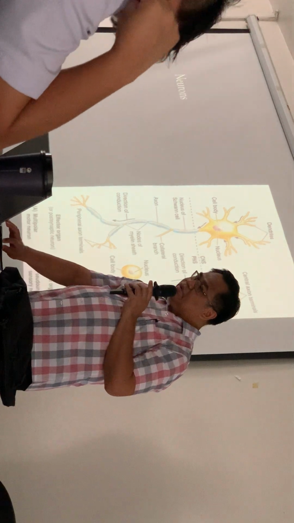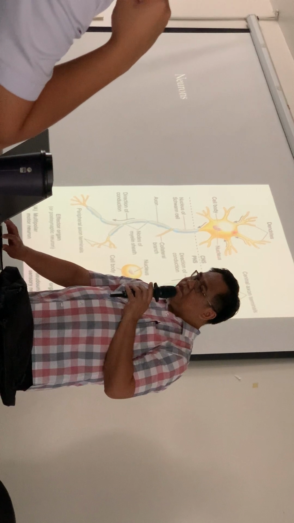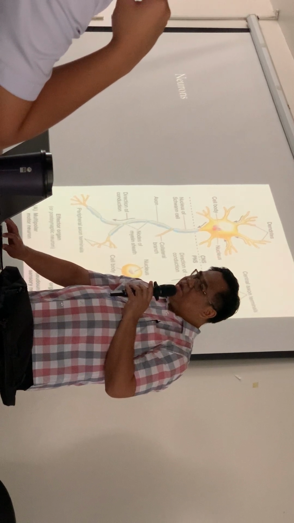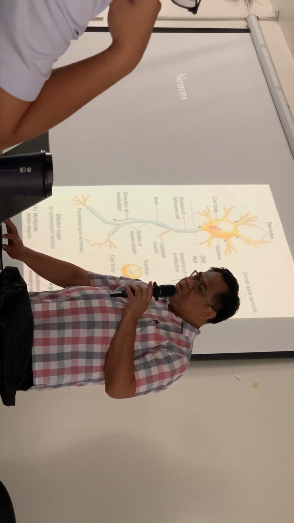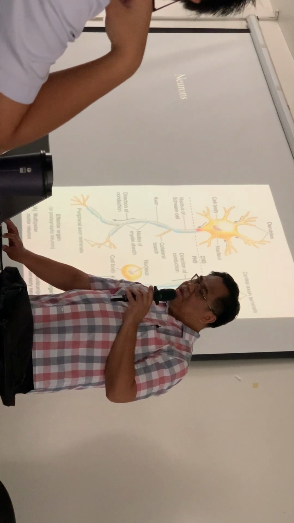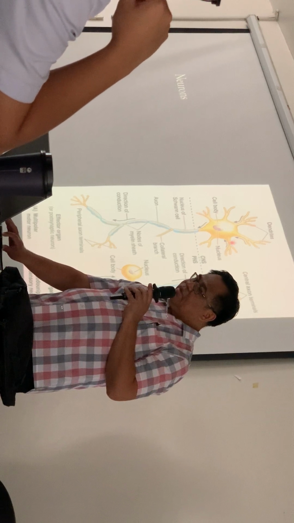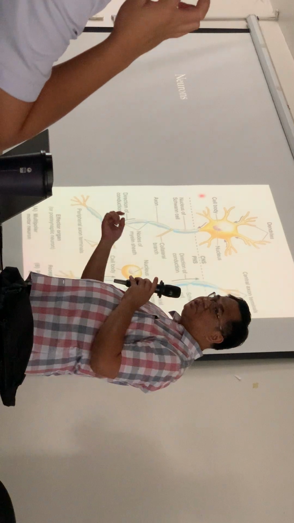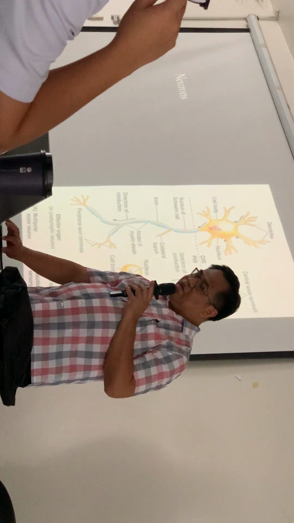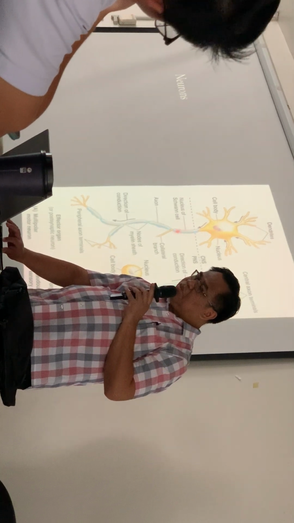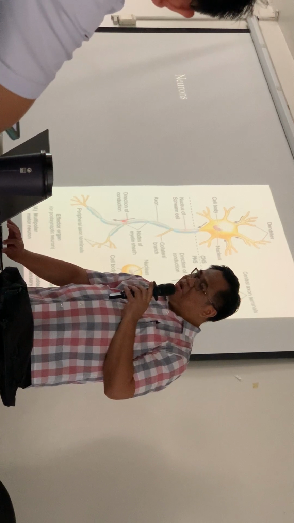Okay, so this is how a typical motor neuron appears. So this is the cell body. The cell body is usually found in the brain, and there is a nucleus. And then on the cell body, we have these processes called the dendrites. The dendrites receive signals from other neurons. And then the neuron sends its own signal outward using this process. This is the axon, and it can be a long process.